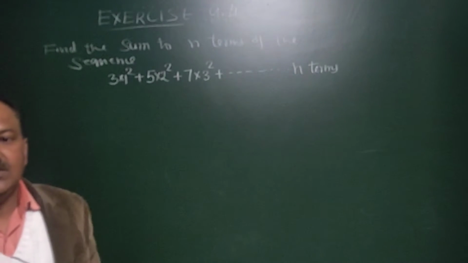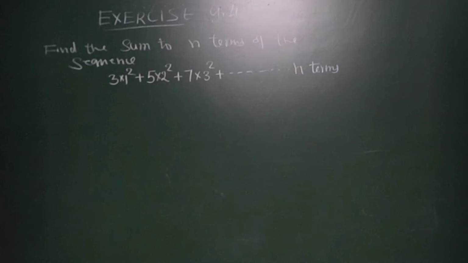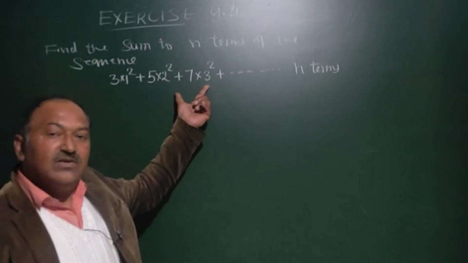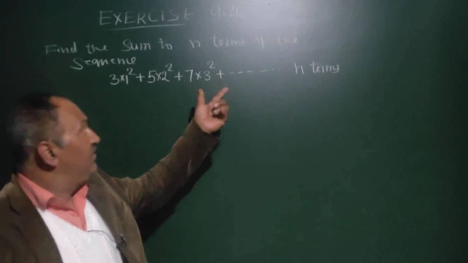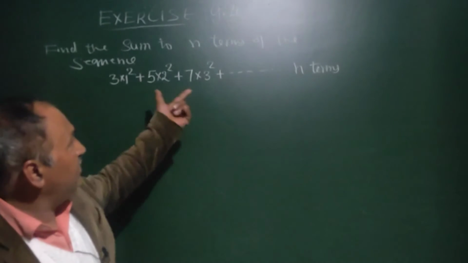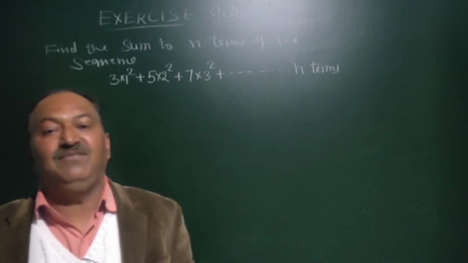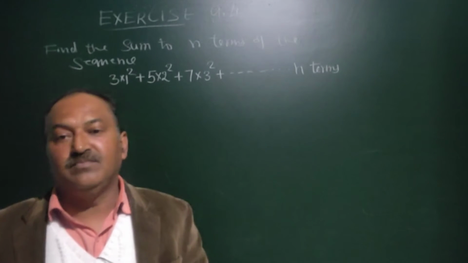This is the question. Find the sum to n terms of the sequence 3 into 1 square plus 5 into 2 square plus 7 into 3 square plus and so on up to infinity. So this is a special type of sequence which is neither an AP nor a GP. So in order to find the sum to n terms of this sequence, we have to find the nth term